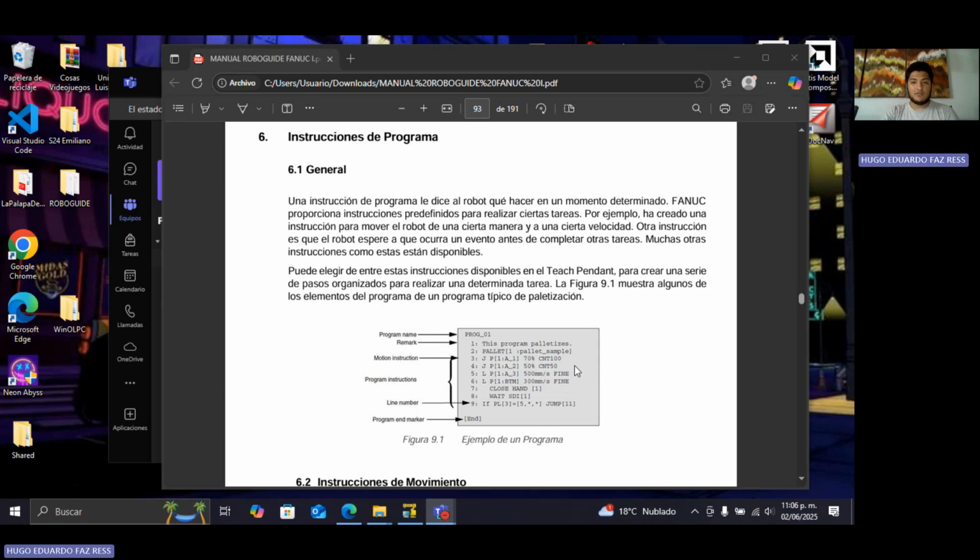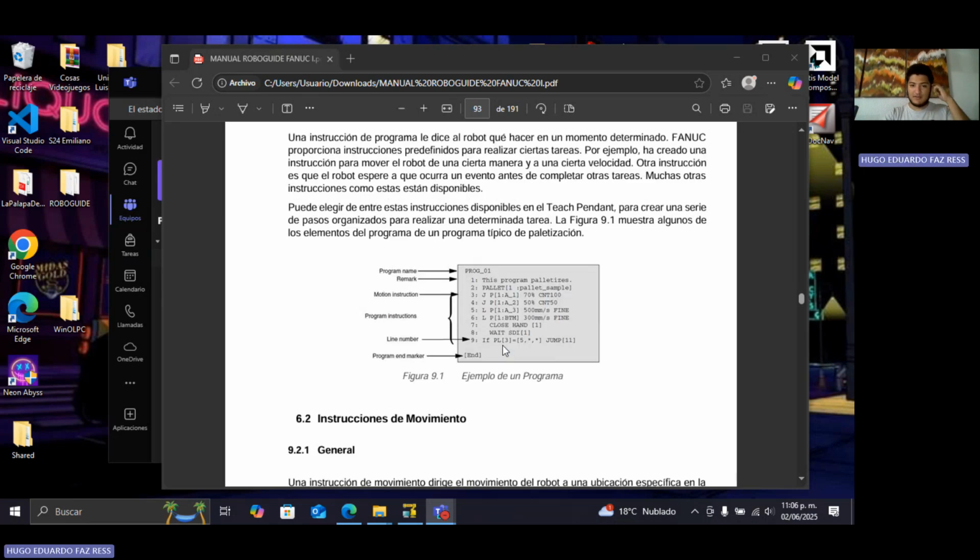We need to create a certain type of instructions marking certain points in a system to do certain actions. In the teach pendant, we will see so many types of signs to assist us